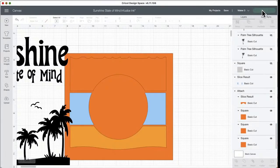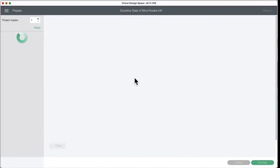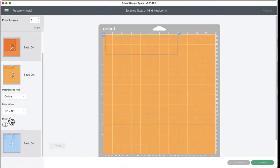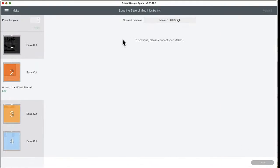Okay, and then we're just going to go to make it, and we have to mirror. Now, I've already done this, so I'm not wasting your time. I just want you to see, make sure you mirror. And you have to mirror all of these. Even though there are no words, you need them mirrored because this top one does have the top of the sunshine cut out of it. This top up here, the sunshine, will fit on top of that. And then when you hit continue,